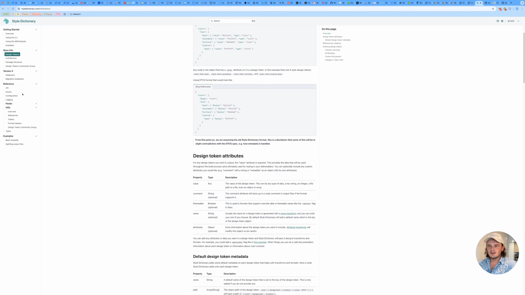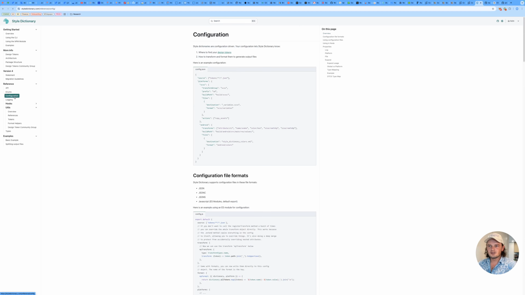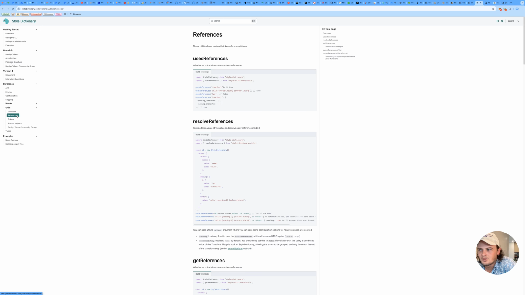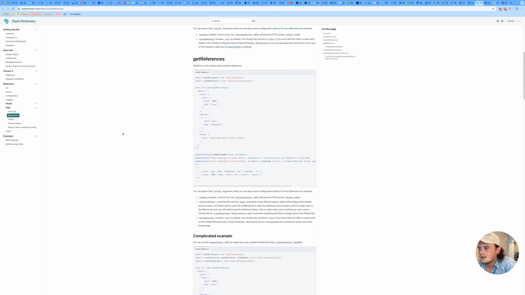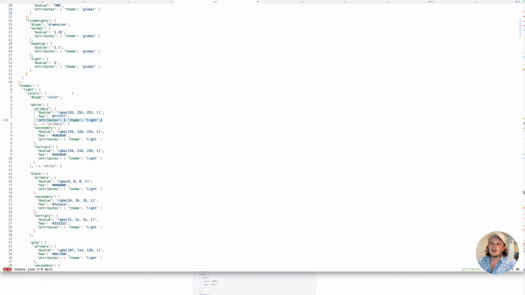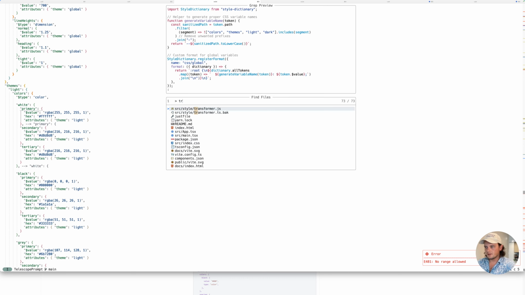In configuration, I believe, somewhere in the docs, it talks about attributes, right? And these attributes are an extensible thing that I can use. So I'm adding an attribute, like I'm specifying my own. I created a new attribute called theme, and then we have what is known as a transformer. So our transformer